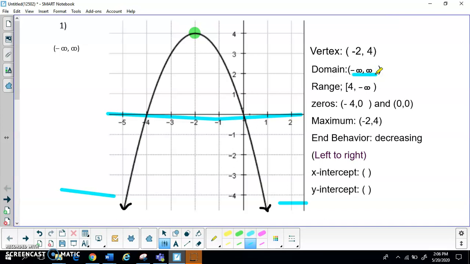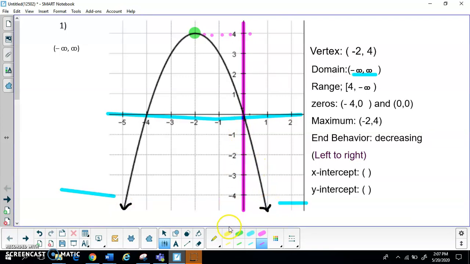Now let's examine the range. Range are possible values of your y. So if you look at your y-axis here and the graph, as you can see, the highest point is when y is equal to 4. And if you trace the graph going down, it doesn't end. It keeps going down